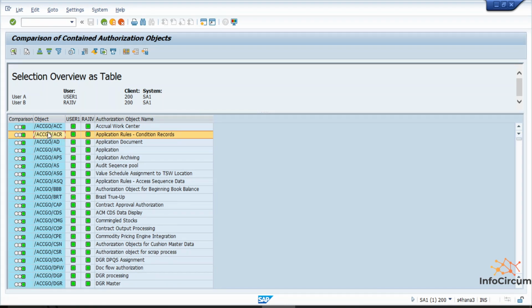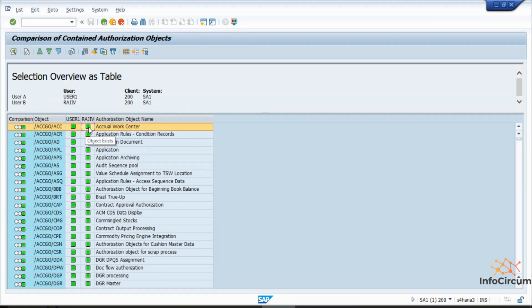So this way we can find the comparison between the two users. These are the comparison statuses. Here it is showing green, and the other comparison statuses are red and yellow. What do the red one and the yellow one show?